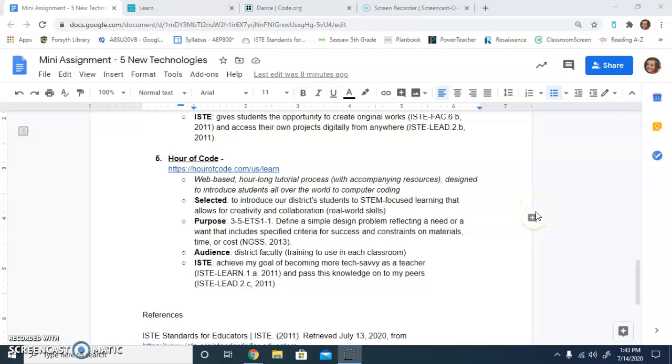Last but not least in this 5 New Technologies assignment, we have Hour of Code. This is a really awesome resource online that has tons of different videos and instructional tutorials on how students can start to learn the basic concepts of computer coding. This relates to our 5th grade standards because students do have STEM related standards that they are to reach for